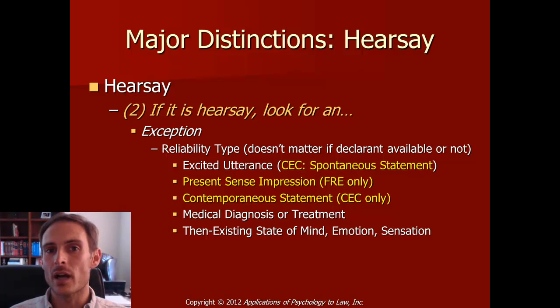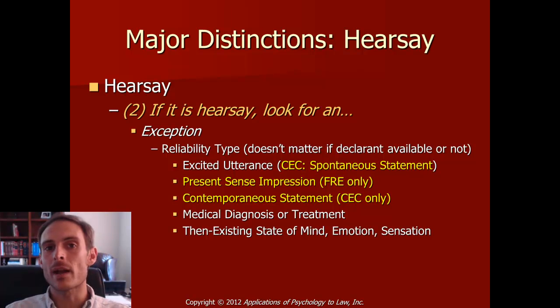So why did we adopt those labels in the first place? Well, we wanted to come up with an organizational scheme that would, one, make it easier for you to memorize the exceptions, and two, make it easier for you to reject or decide to talk about any one of the exceptions contained in a group. And the way that we did that is that we grouped the different hearsay exceptions according to some common thread that each of them shared within that group.